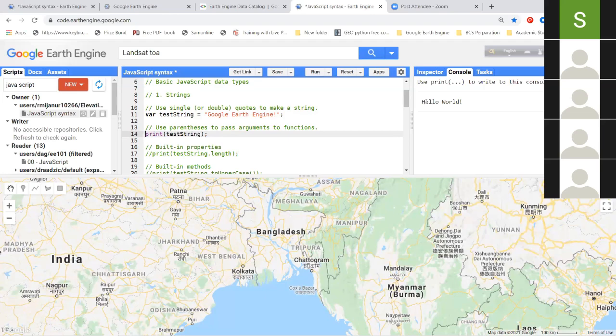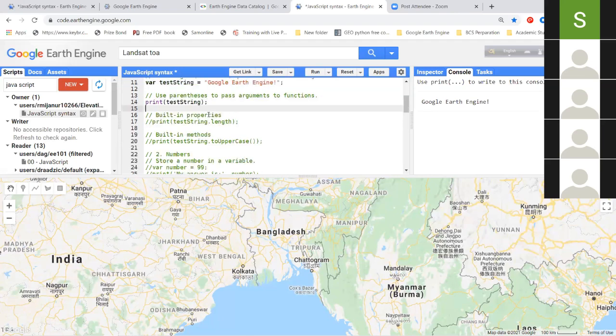Next you can see the built-in properties. Suppose you want to know how many letters are in this sentence in Google Earth Engine. You can use the length function. The length function tells you how many letters are in a sentence, and this is the variable name, test.length. It is our function name. Okay, and if I want to print methods,